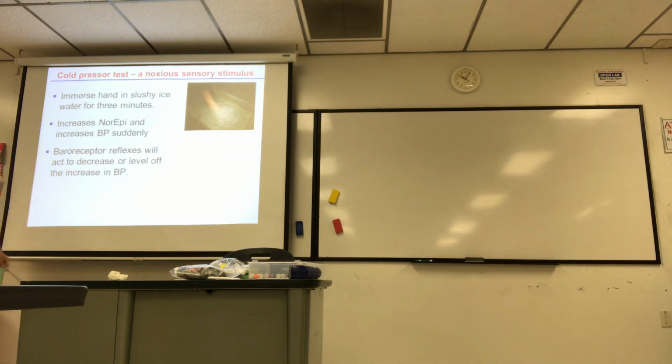Okay. You're going to increase the catecholamines, and whatever hand is submerged, put the BP cuff on the opposite arm. Sometimes students think you got to put it on the same arm, because you don't, right? This is a sympathetic, widespread, systemic response. Put it on the other arm for comfort, and the other arm will be submerged. It doesn't matter which arm it's on, you should observe an increase in blood pressure, well, at least